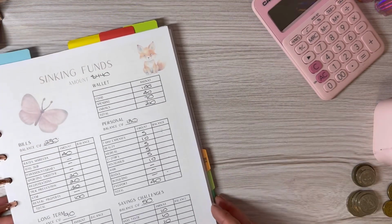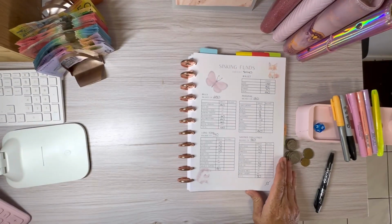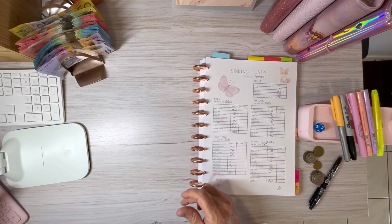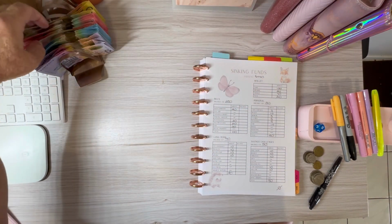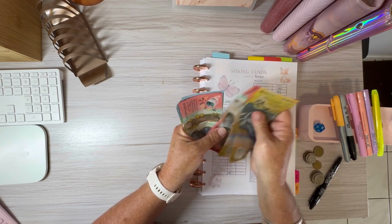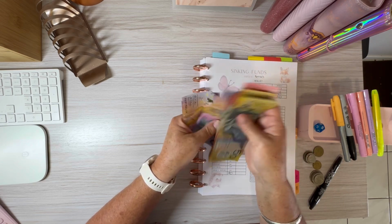Let's pop you over here. I need to do some cash stuff here. All right. Let's see what cash we got. We have 51, 50, 70, 90, 210, 30, 50, 70, 90, 310, 20, 30, 40, 50, 60, 70, 80, 90, 400, 10, 20, 30, 40, 440,